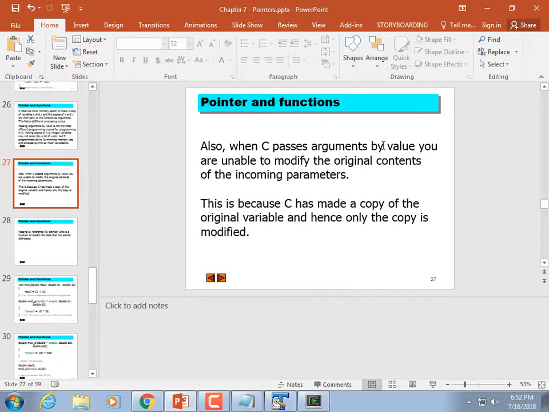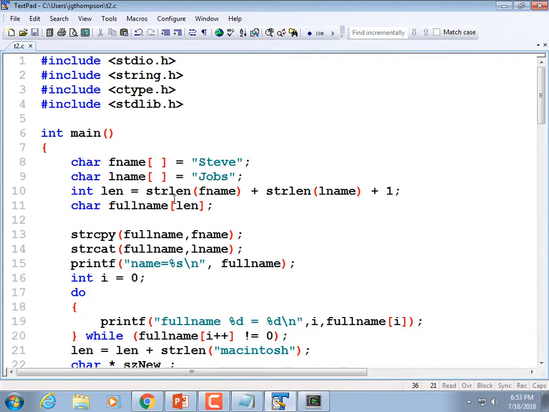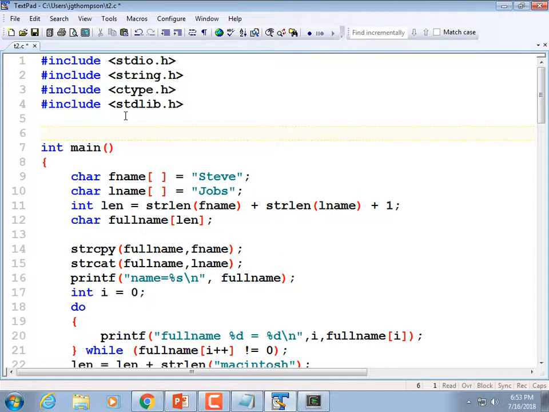So also, when C passes arguments by value, you can't modify the original contents and have it take place down in the code below. So we're getting close to the end, but let's go ahead and write some functions that use pointers. So I'm going to go up above main, and let's write a function that multiplies two values together and passes the value back as a pointer. Since it passes the value back as a pointer, I don't even need to have anything returned. I don't have to have a return type, so I'm going to declare it as void. And I'm going to call it mult_p,